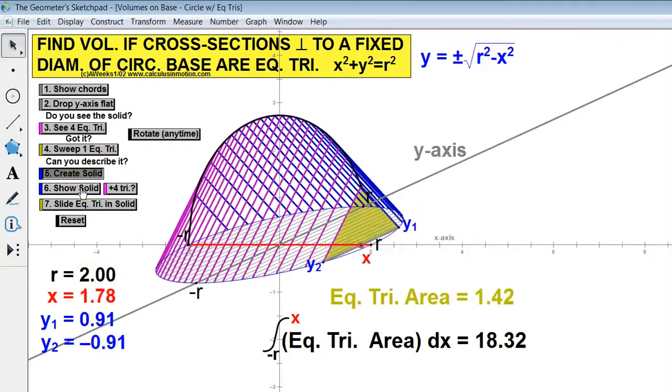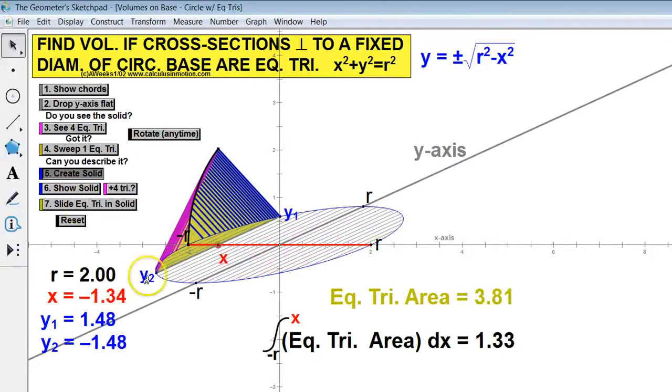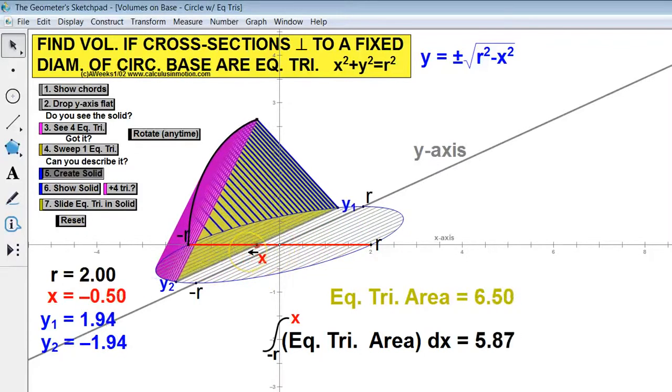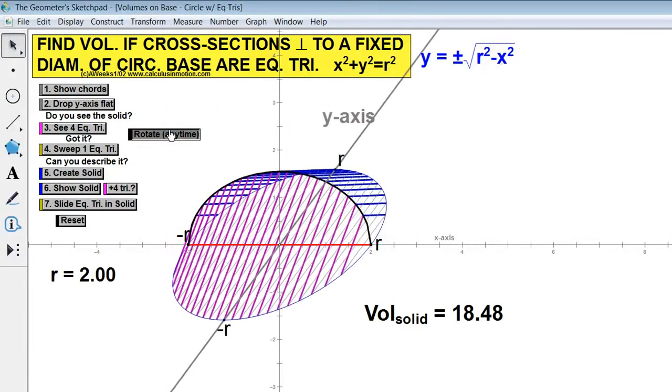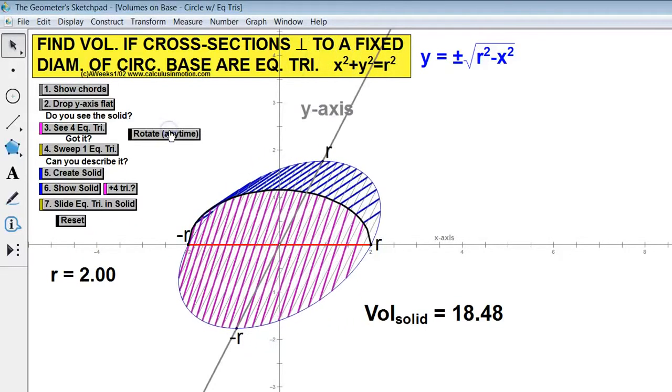A lot of people, if you stack up a whole lot of equilateral triangles on a circle like this, aren't necessarily going to guess what this shape is. Let's take a look at this shape. It looks a little bit like a shark fin, or sort of a pinched bowl where you've got this ridge going down the middle. I'm going to rotate it again so you can look at it from different angles. Pause it for a second. So there it is right there. You can see the different